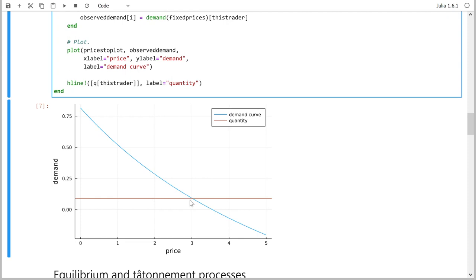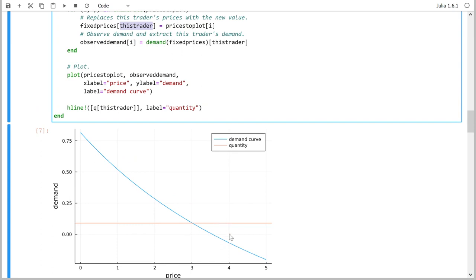So in the current situation, the demand curve looks like this, and the quantity that I'm hoping to achieve, the quantity of demand I want, is right here. It looks like about 0.1. So my goal is to achieve 0.1 units of quantity. And it looks like if I want that, according to my demand curve, I should pick a price of 3. So that's really great, and it's easy to see looking at this graph what my ideal price update would be,